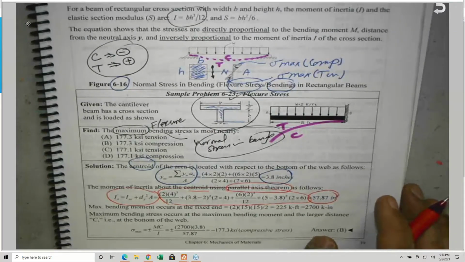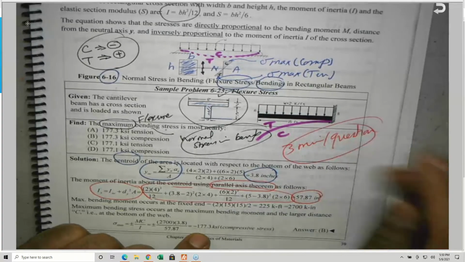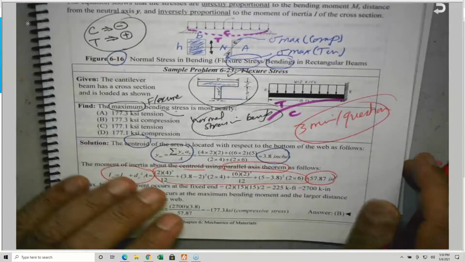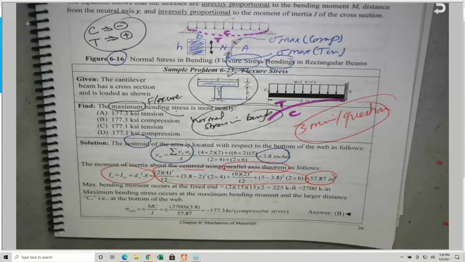But if you are given a problem like this on the exam, don't forget that you have 3 minutes per question. Only 3 minutes. I don't like you to insist on a problem that you know how to do, but it will take more than 3 minutes. All questions are equal weight, and in order to pass this exam, you must